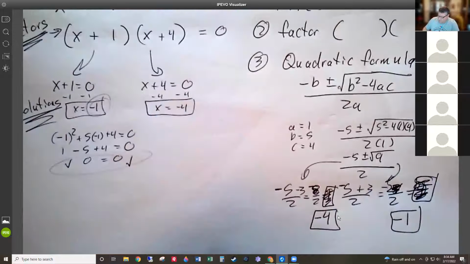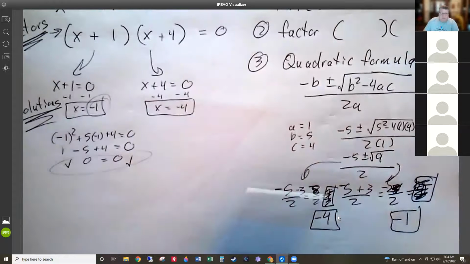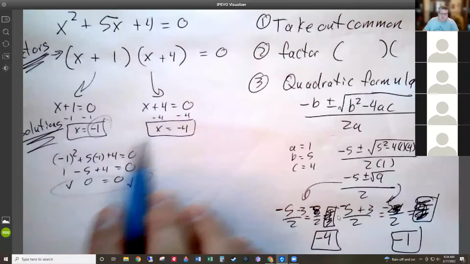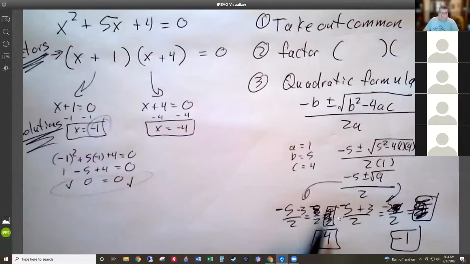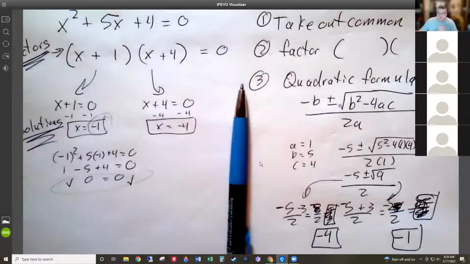But the whole point here is whether I use the very difficult quadratic formula, well, not difficult, but long, or whether I do the more difficult but shorter method of factoring, I get the same answers in either case. All right, with that in mind, let's go to